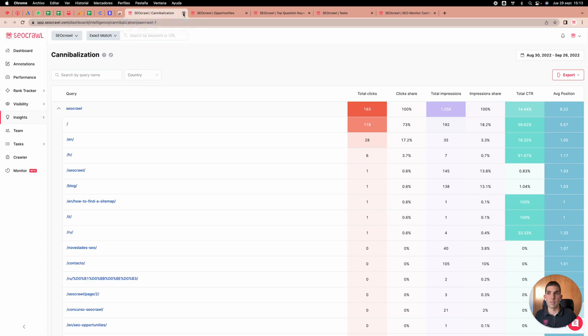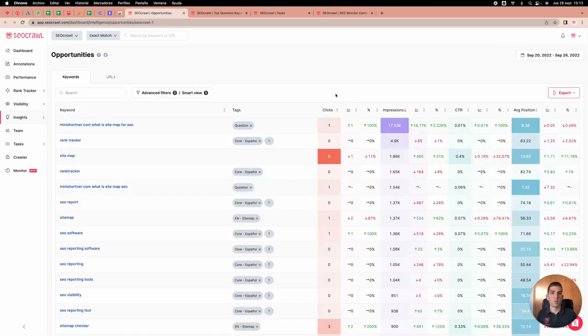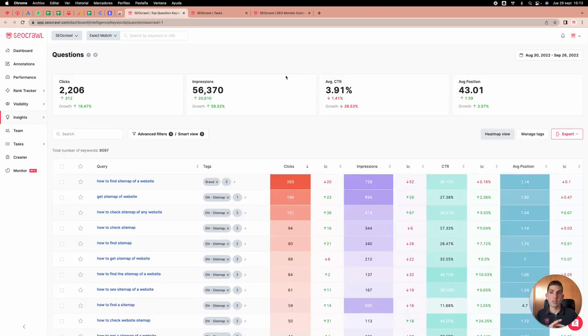We also have an opportunities report. It orders all the keywords by impressions, and it also provides you the keywords that are not performing as they deserve, and that way you have a very nice overview of what could be the next opportunities to unlock. As we mentioned in the rank tracker, we automatically identify all the keywords that are questions,